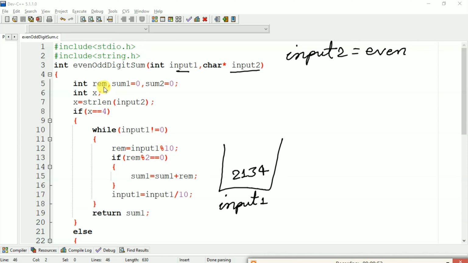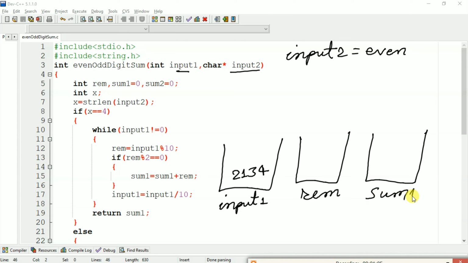After that we have declared and initialized some variables. One is rem for remainder, and here sum 1 to 0 and sum 2 to 0, but here we have taken even as the option, so we have used sum 1, that's why there is no need to take sum 2.